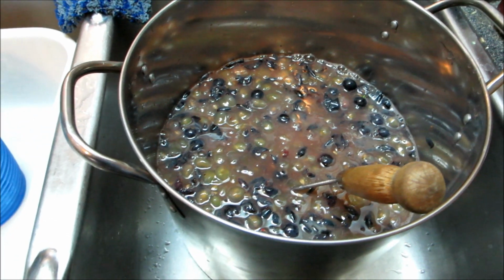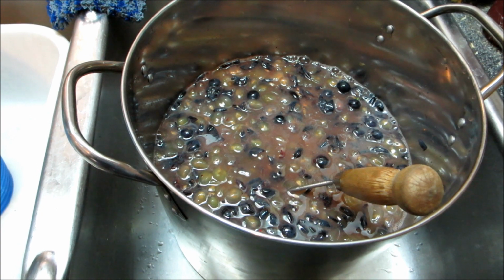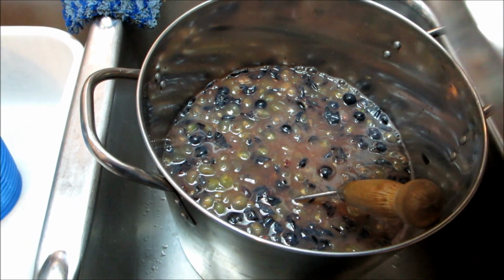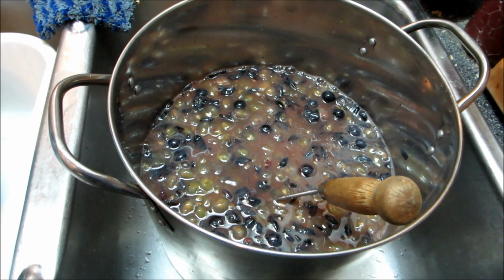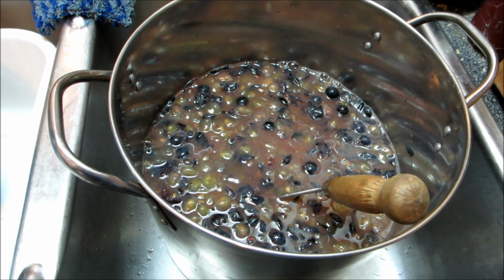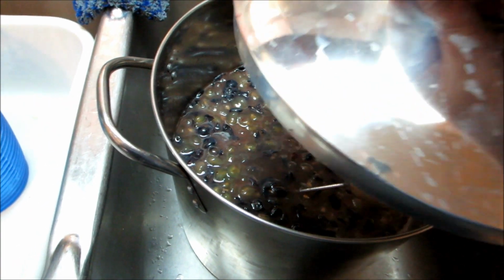This is got to go through the cheesecloth and a strainer, and then check the specific gravity. So that's where we're at. This is got to sit for an hour. It's got a Campden tablet in it, which is a ground up Campden tablet, which is very similar to the sanitizing compound, same stuff, and it kills off any wild yeast that's in there. So that's where we're at the minute,